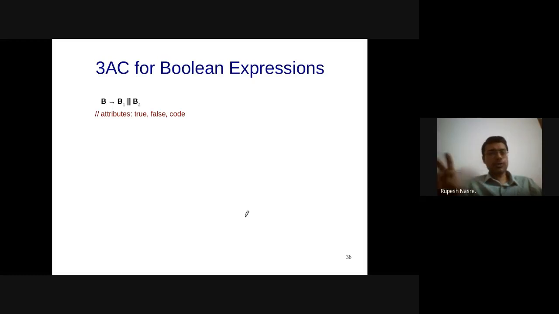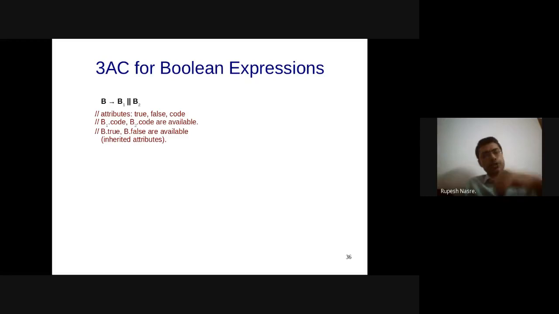So the attributes are true, false, and code. b1.code and b2.code are available, but b.true and b.false, which is the left hand side production, that is the head of the production, are available in some sense, and need to be pushed inside B1 and B2 as inherited attributes. So that is what we are going to assume for now.